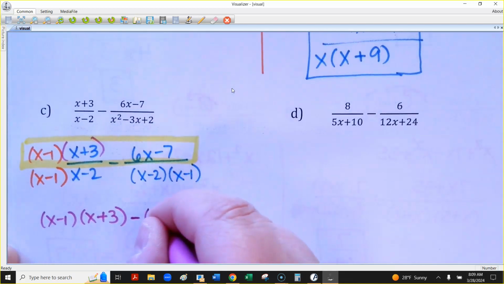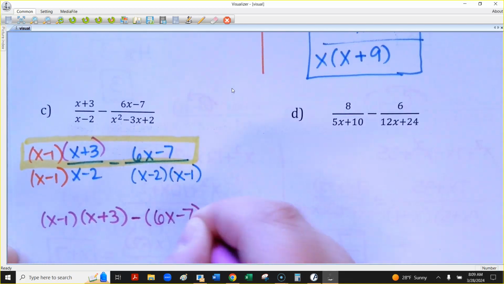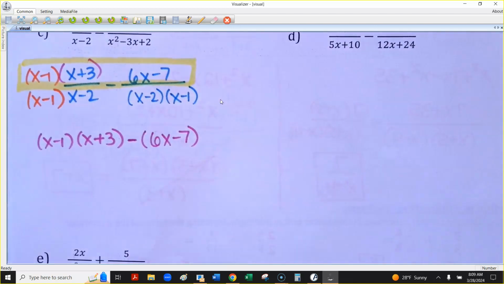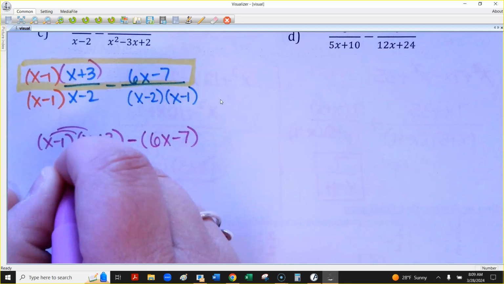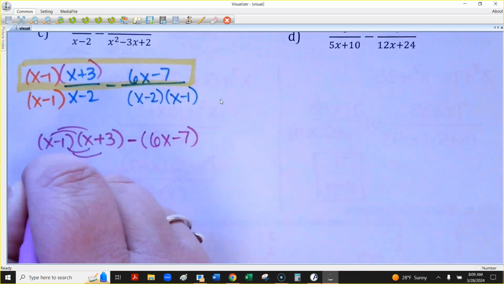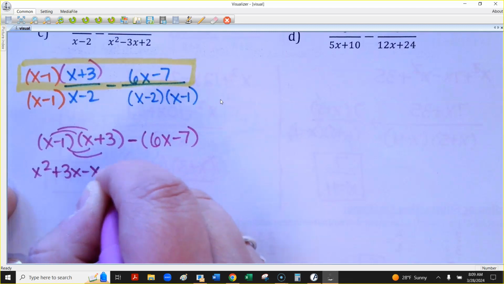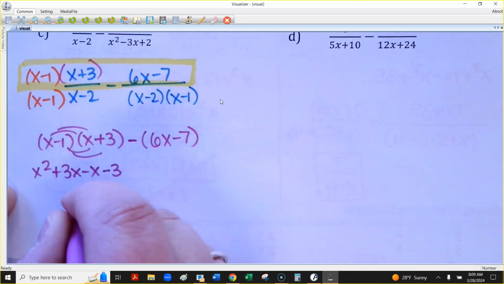I have to subtract the 6x minus 7. Okay, so totally up to you. FOIL, box, whatever you want to do. I'm just going to do a little FOIL here. You'd have x squared plus 3x minus x and then minus 3. So we'd have x squared plus